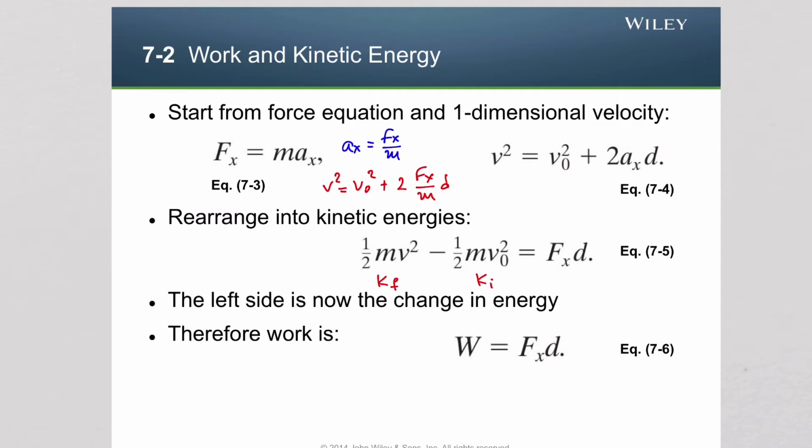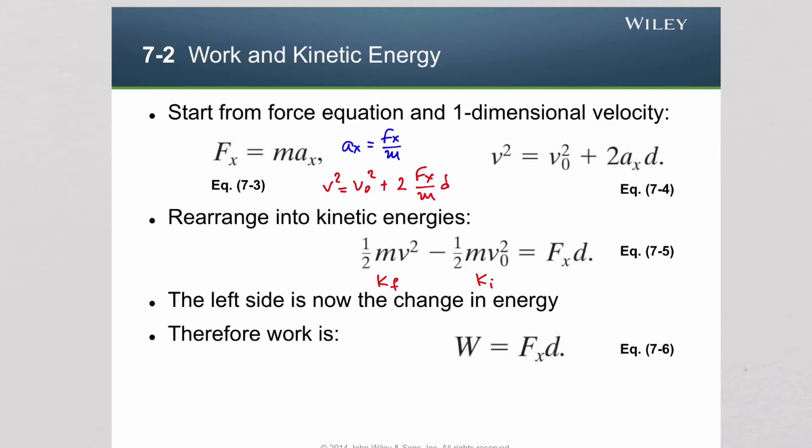Another relationship that I can use to find the relationship between the change in kinetic energy and the applied force is this kinematic equation, which relates the final velocity, initial velocity, acceleration, and displacement. So from Newton's second law, I can express the acceleration in terms of the applied force and the mass of the bead, and then substitute for the acceleration here and solve for the product of force and distance. So after substitution, the equation looks like so,